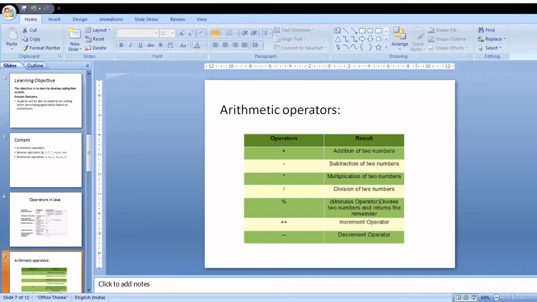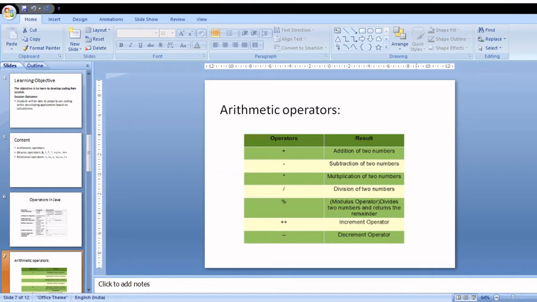To form an expression, we make use of operators. Simply if I say a plus b, it's an expression. C equal to a plus b, it's also another kind of expression. If you input 2 plus 2, it's an integer expression, or it is making use of integer arithmetic operators. Here plus becomes an integer arithmetic operator.